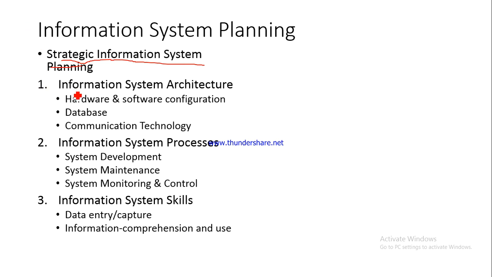We'll have to basically decide what kind of information system architecture we are going to use. What would be the hardware and software configuration, what types of hardware and software, because naturally you cannot purchase hardware on a daily basis. Once you have invested in purchasing hardware, you would at least want that hardware to continue serving you for at least 5-7 years, right? So when you are deciding which particular hardware and software to purchase and what configurations to go for, you are basically planning for the longest term, 5-7 years.